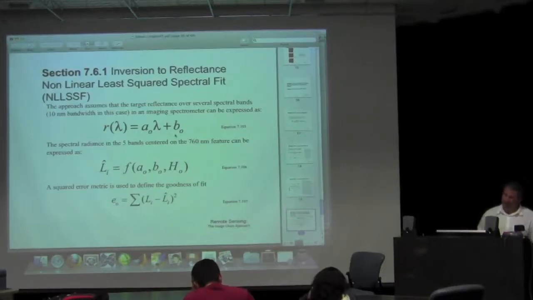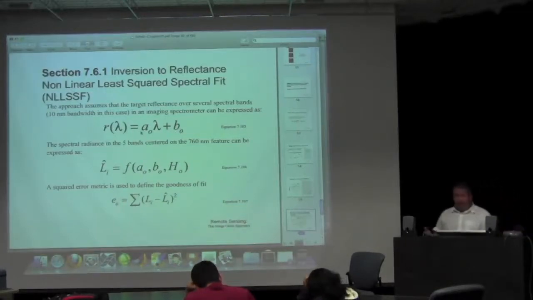Okay, so think about that for a second. The reflectance is a linear function of the wavelength. So as the wavelength gets longer, the reflectance gets lower, or as the wavelength gets longer, the reflectance gets higher. It's just a linear function with an offset and then a slope. If you think about that, and you look at enough reflectance spectra out there,